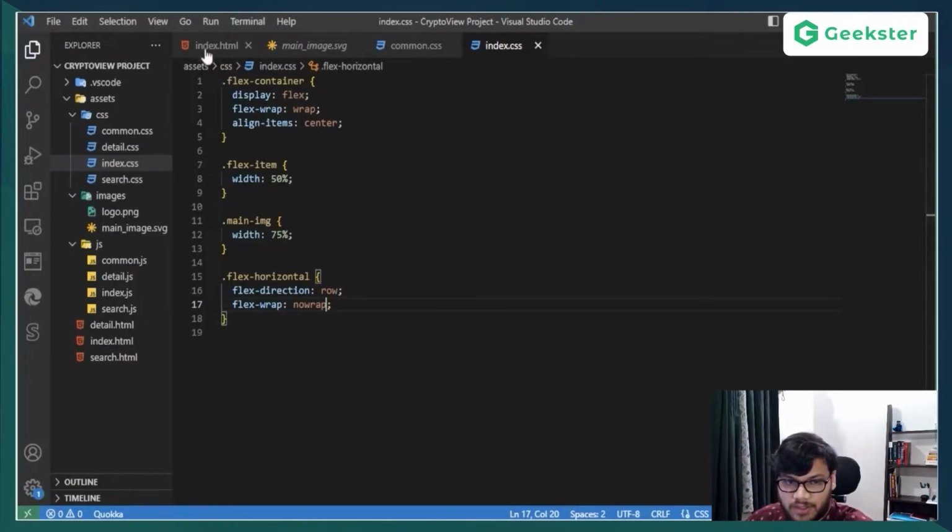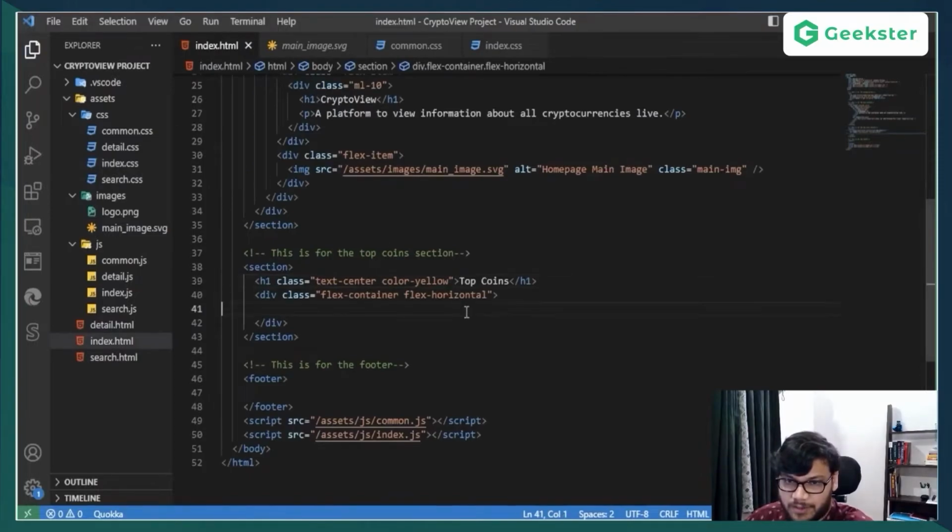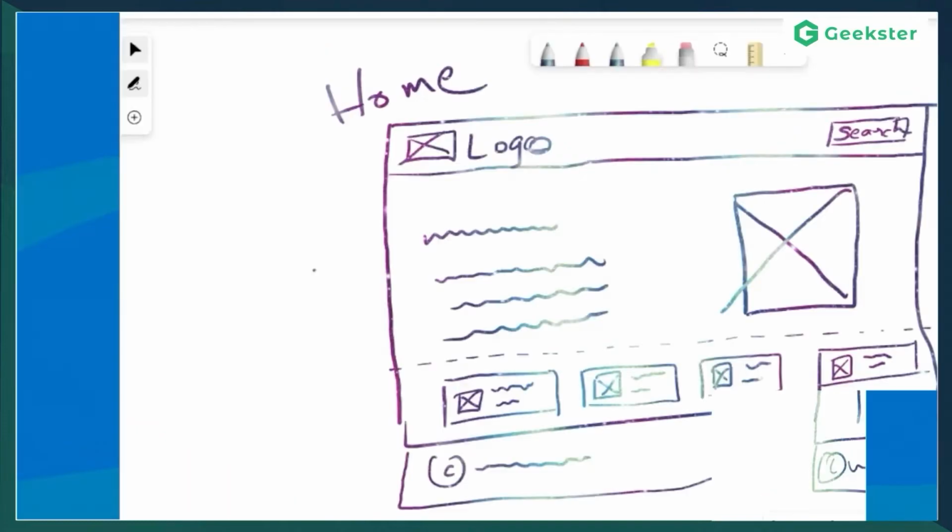Okay, now let's prepare a card. At least prepare one card. Okay, for that we'll go to the whiteboard and let's see how it was looking. So the whiteboard looks, each card has, I think, image on the left, name on the right, price below. Simple, 3 components, nothing fancy, nothing complicated. Go to the code,